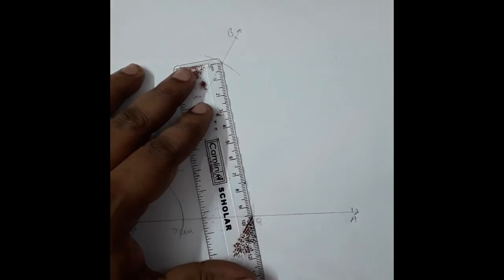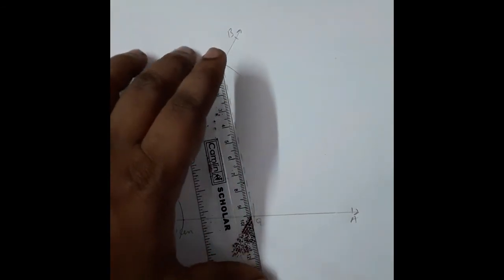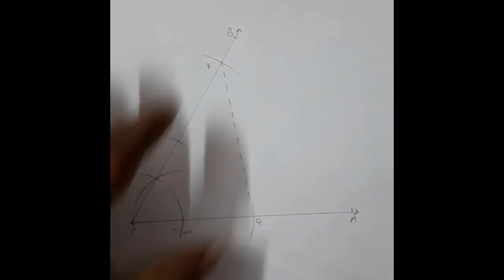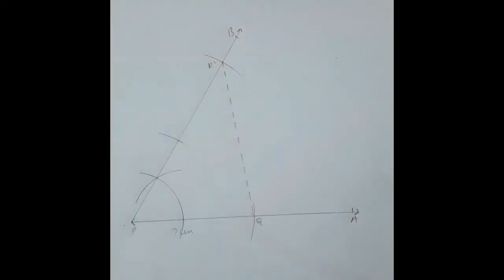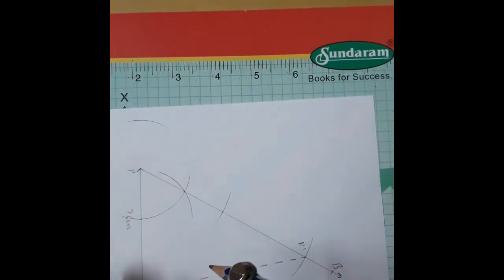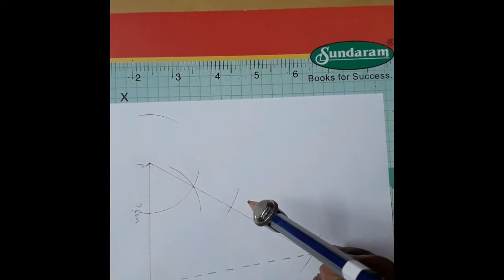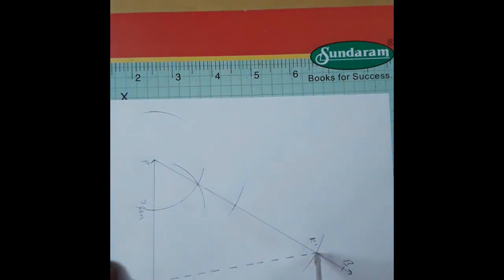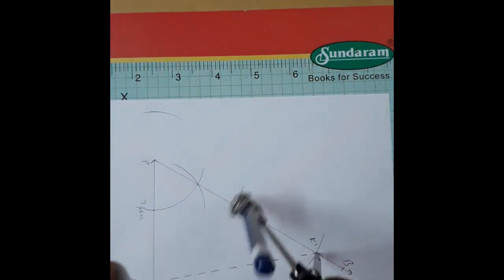So to construct a perpendicular to R dash Q, just measure. This is somewhere close to 10 centimeters. So what I'll do is I'll take 5.5 centimeters. Okay, that is more than half of the measurement of R dash Q. So to draw a perpendicular, we need to do that. Now that we have got that done, next job is to draw a perpendicular. So for that, I'll use R dash as my center, and I'll draw two arcs below R dash Q and above R dash Q like this,